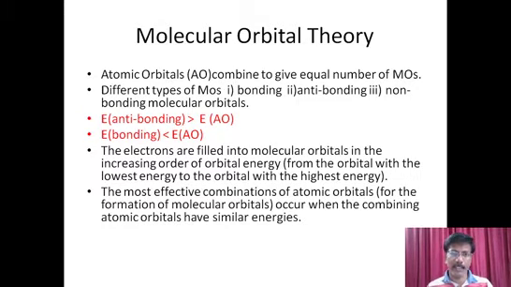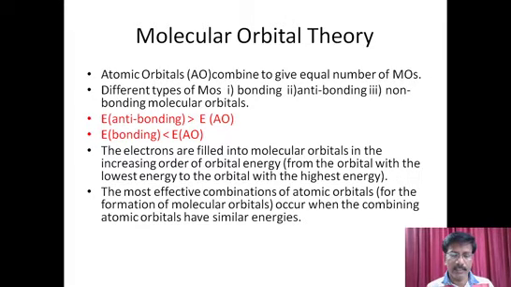But direct interaction between atomic orbital and atomic orbital cannot always explain so many properties. Therefore, this molecular orbital theory has been proposed. In this theory, atomic orbitals of different atoms combine to give an equal number of molecular orbitals. The number of molecular orbitals is the same, but they are different in nature. They are bonding type with lower energy, and another set of molecular orbitals are called anti-bonding with higher energy.